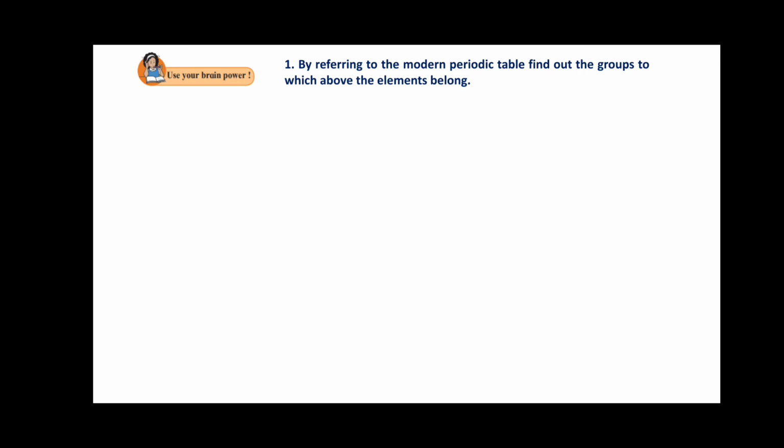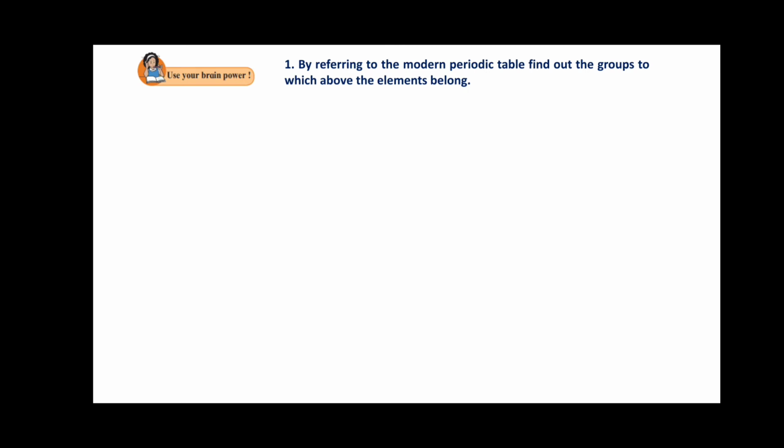So here friends, we will see all the given elements belong to group 1 in the modern periodic table. K, Na, Rb, Cs and Li. These are present in the first group of this modern periodic table. Arrange these elements vertically downwards in an increasing order of their atomic radii, that is Li, Na, K, Rb and Cs.